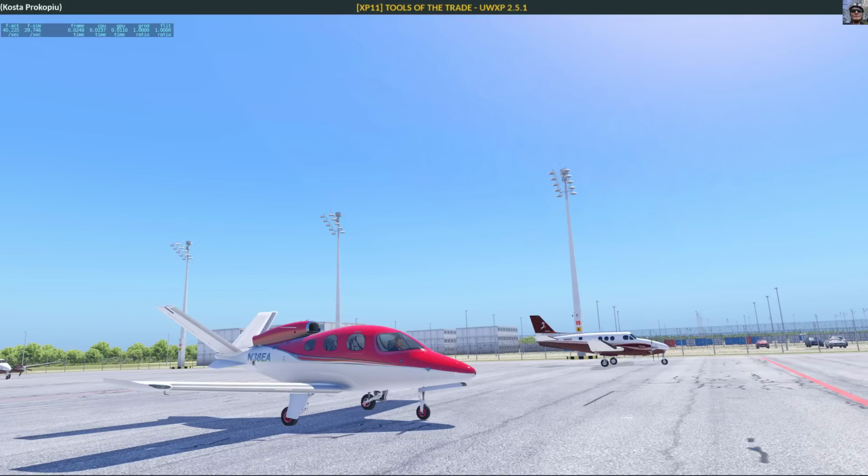Actually, Ultra Weather XP does not generate weather for you. It just depicts it. You see the visuals of weather, which is the clouds, the fog, the visibility, that kind of thing. That comes from Ultra Weather. But all the generation, what wind you have, where, and how much cloud coverage you have, and if it's raining or not, all that comes from either preset weather here in X-Plane, which I'm going to use today,